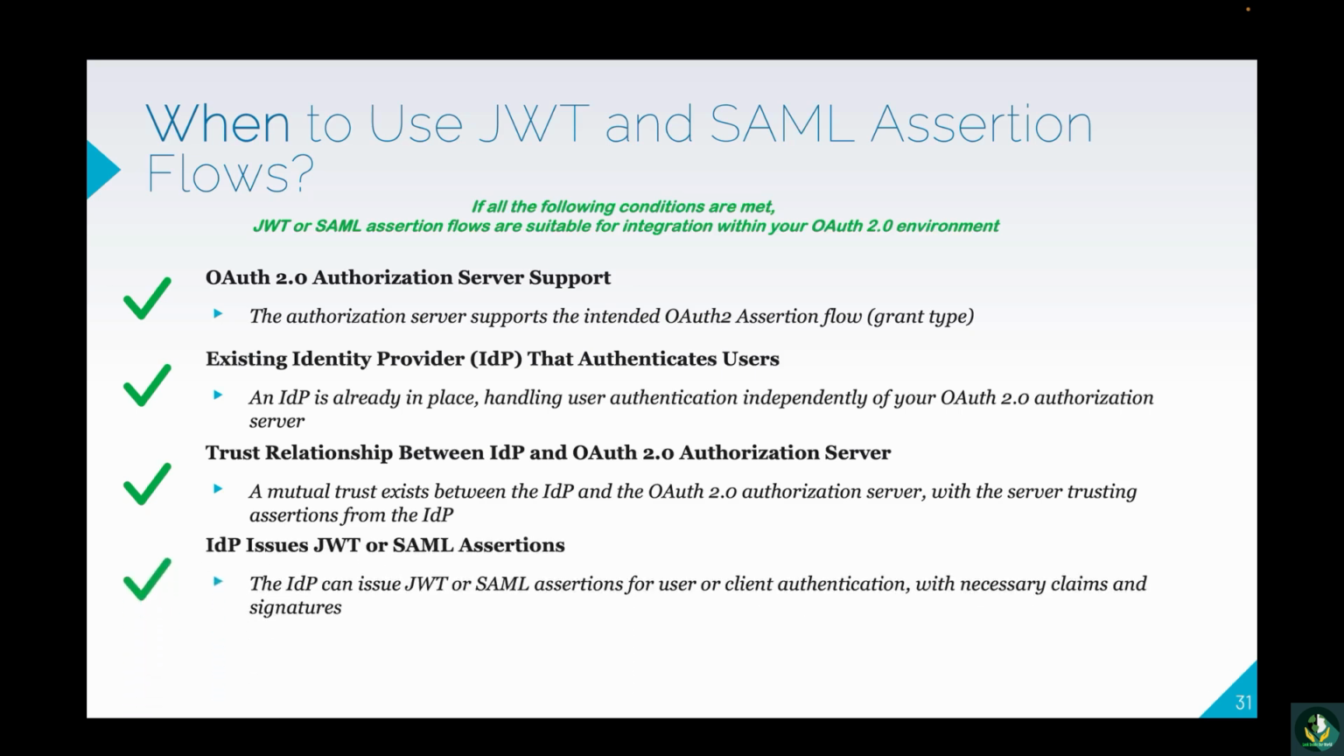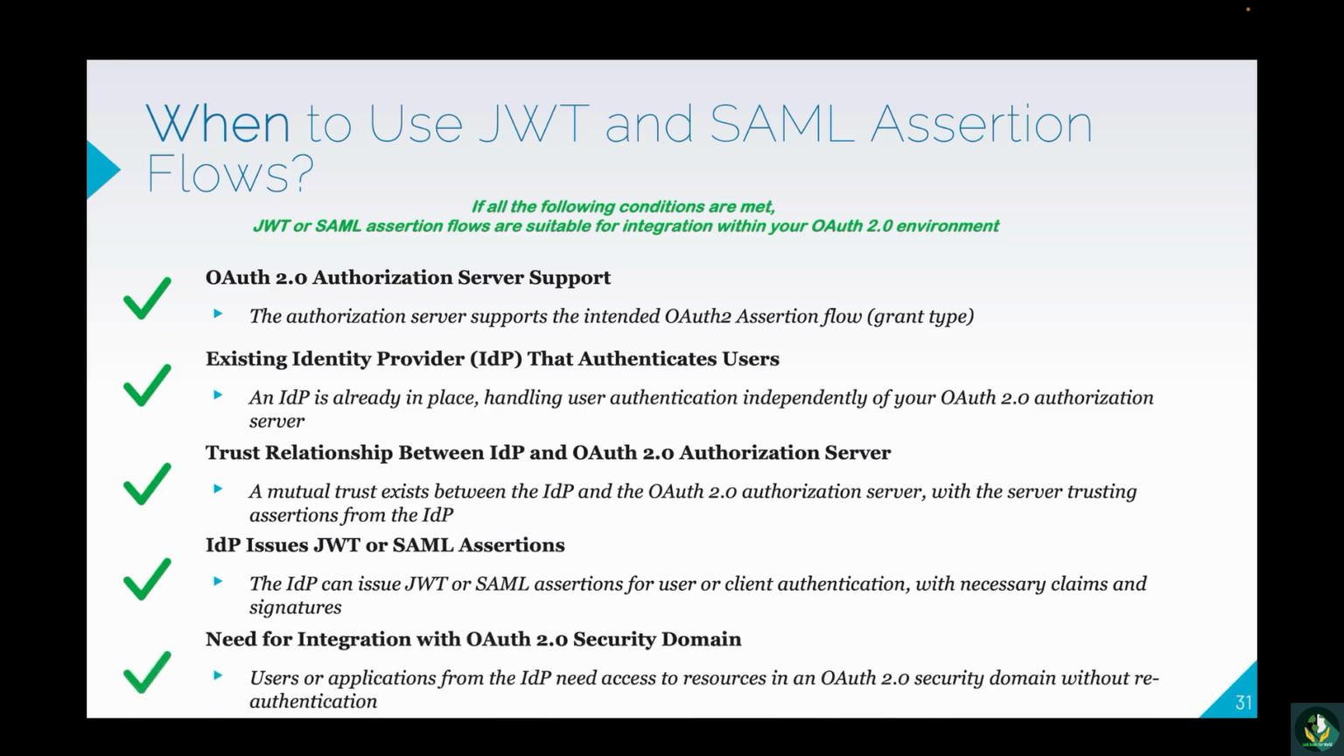Fourth, identity provider issues JWT or SAML assertions. The identity provider must be capable of issuing JWT or SAML assertions for user or client authentication, including the necessary claims and signatures aligned with OAuth 2 assertion flow requirements. Lastly, need for integration with OAuth 2 security domain. If the first four conditions are met, and you have a requirement or use case that drives the need for integration with an OAuth 2 environment based on existing authentication, then OAuth 2 assertion flows should be